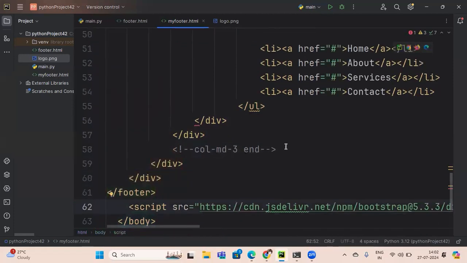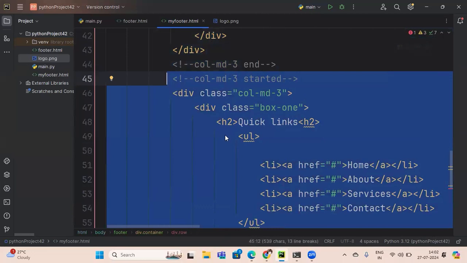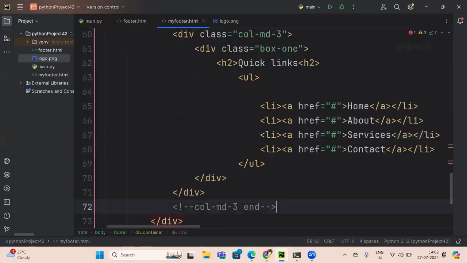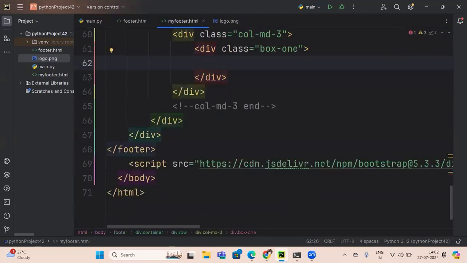Third part again. Now for the third part we can do copy paste, because now you have got the concept here. I will copy. Wherever the end is, you go there and paste it. And instead of this link, see, this is the common part. You remove only this part. That's it. Now what we have to do here is,